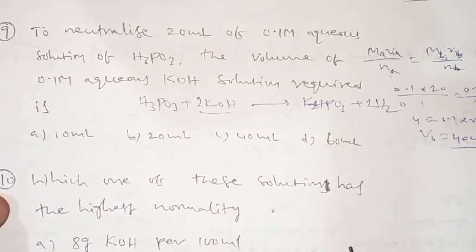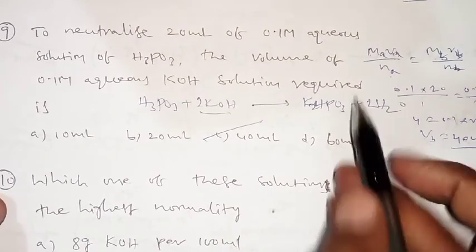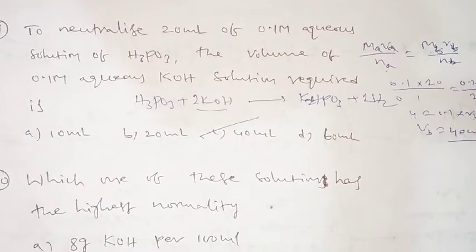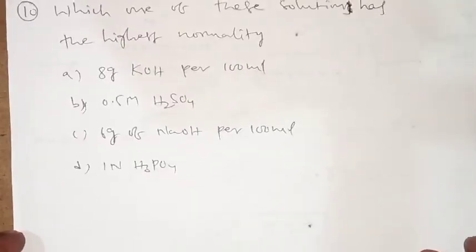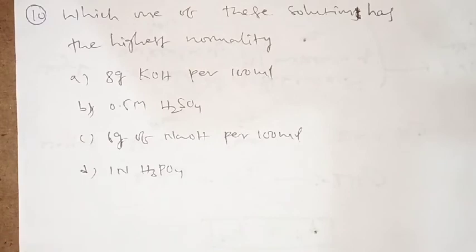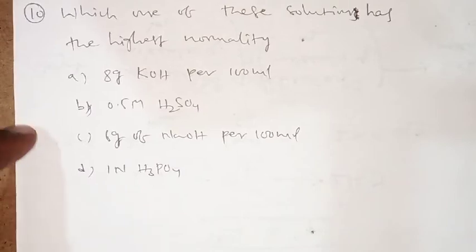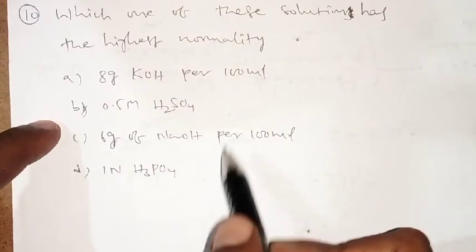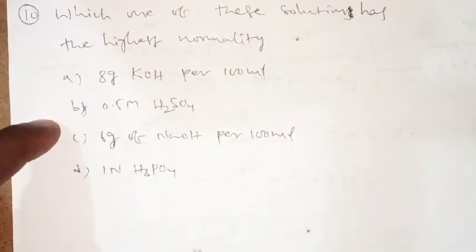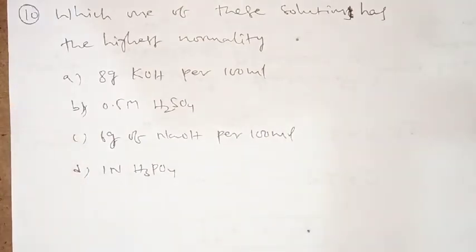See there. Is it clear? So this is a very important model. Many times they have asked questions based on this also. So look at the final question in this session. Which one of these solutions has the highest normality? They asked for the highest normality, and different values are given. For this kind of question you have to check the 4 options. Sometimes we have to start the procedure from the given question, and sometimes from the options.